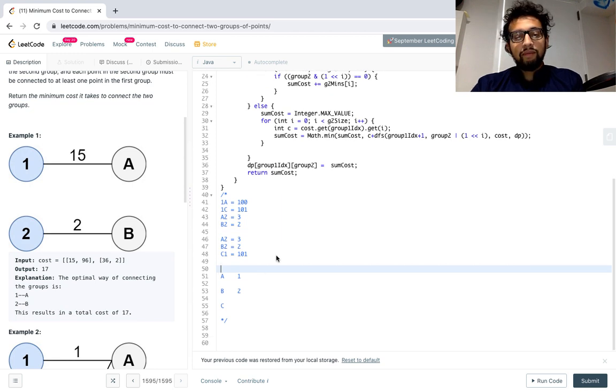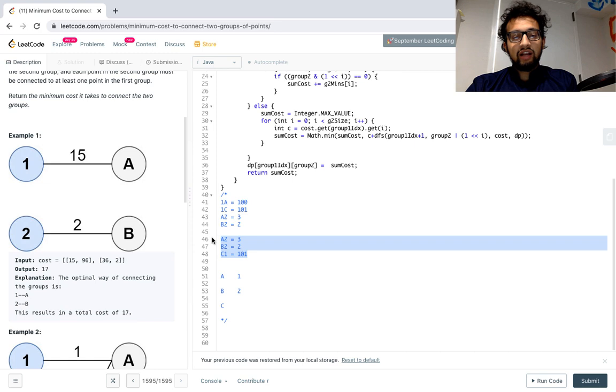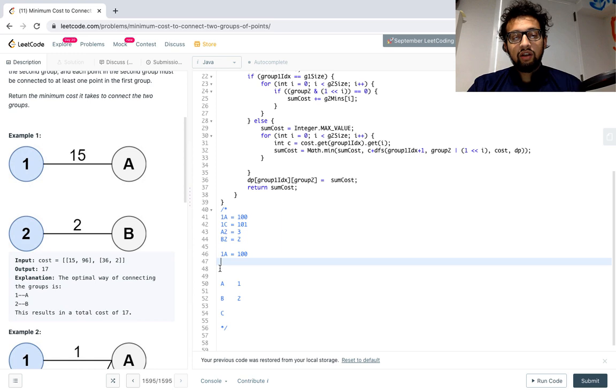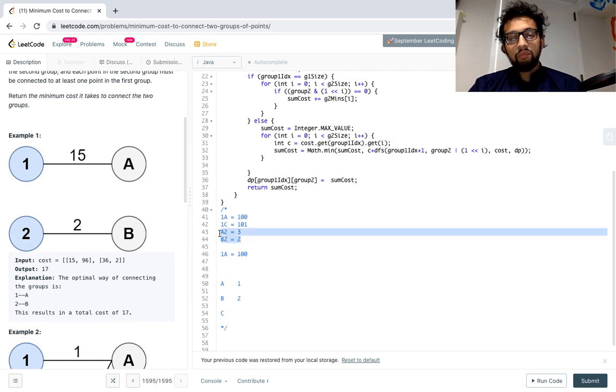But now let's say I started from 1, 2. So then I'll start from the right side. So I say 1, and I'll say what's the minimum cost for 1, and we have C, so I'll pick 1A, which is 100, right? Then I'll go to 2, which one is minimum? Oh, B2, which is 2,